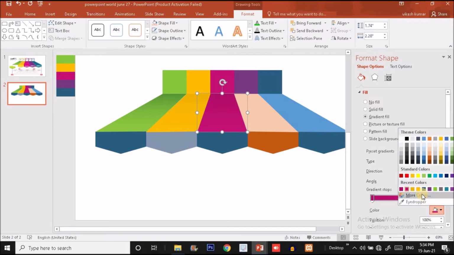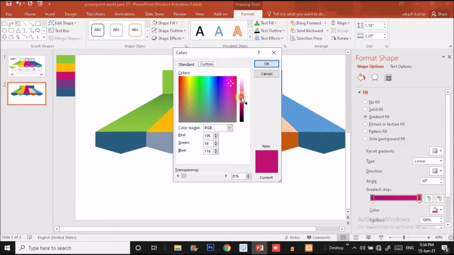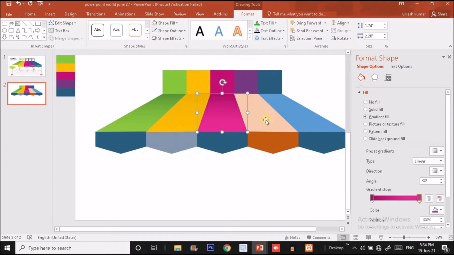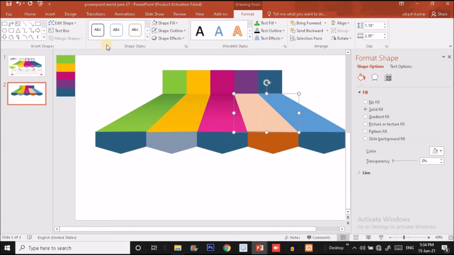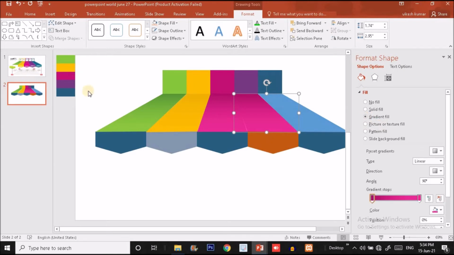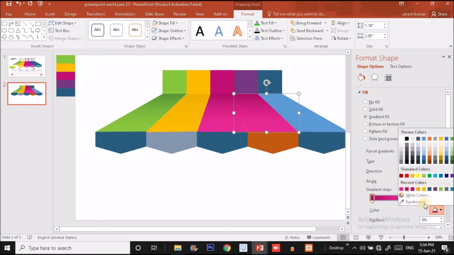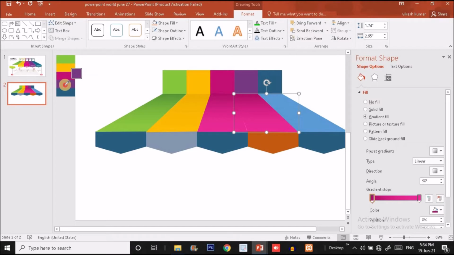And for the right stop I will use the lighter version of this color, like I'm going to use this one. Now for this shape again I'm going to fill it with the gradient fill. I'm fast forwarding the video so that we can save the time.